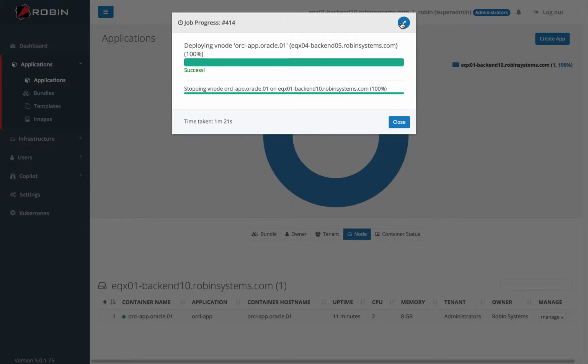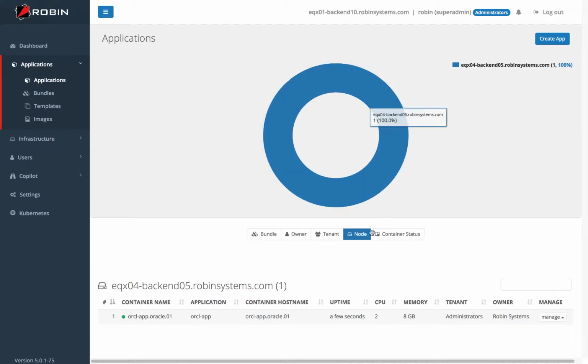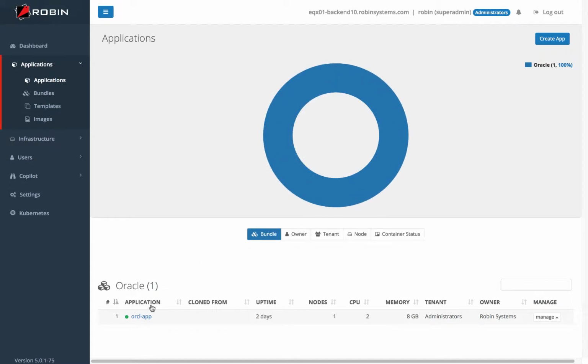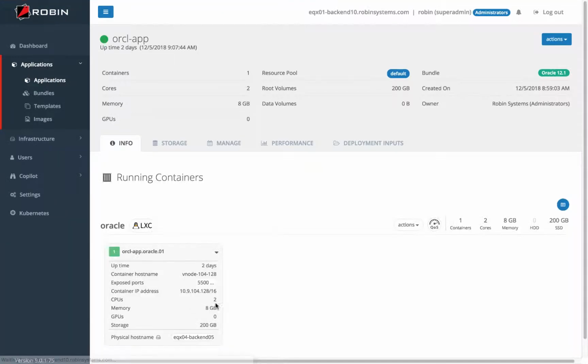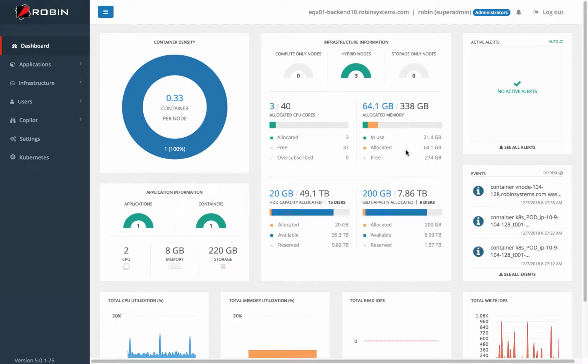Okay, so we've successfully completed the operation. We can close out that dialog, and we can notice that the instance is now running in the container that's been relocated on that other physical host in the Robin cluster. If we take a closer look at the application and take a look at the IP address, we'll notice 104.128. And so we'll want to keep that in mind when we encounter now an unplanned failure